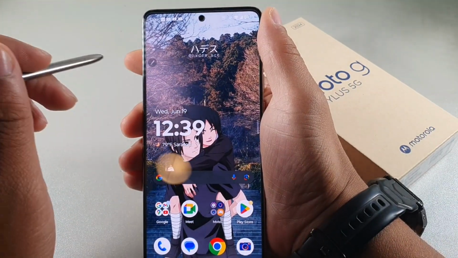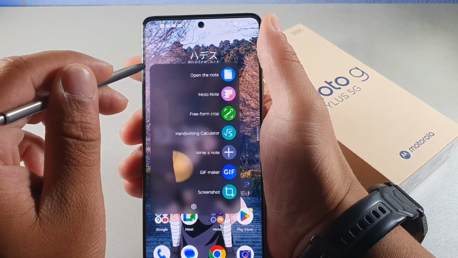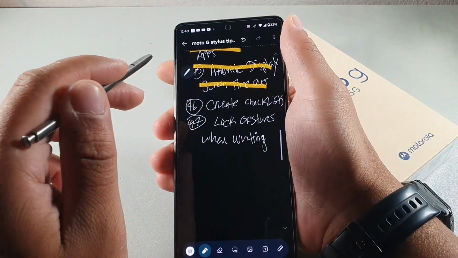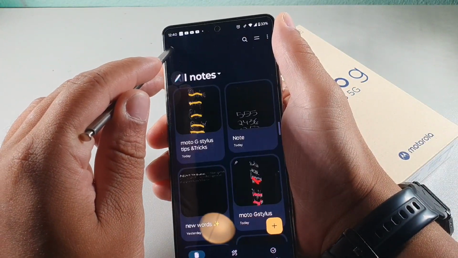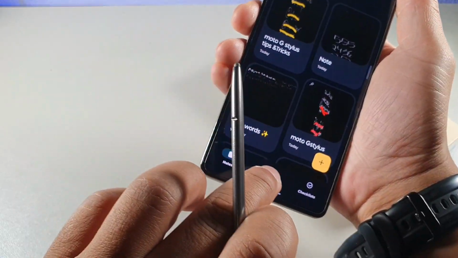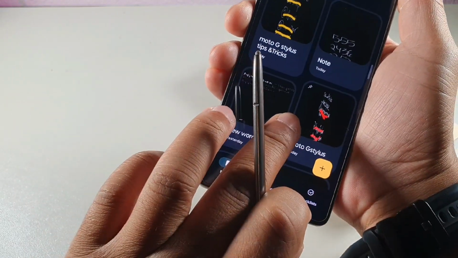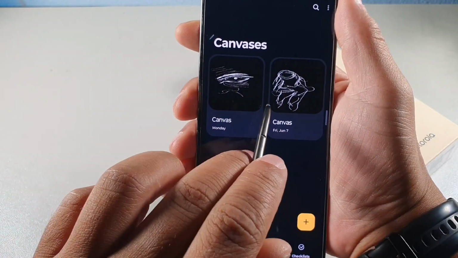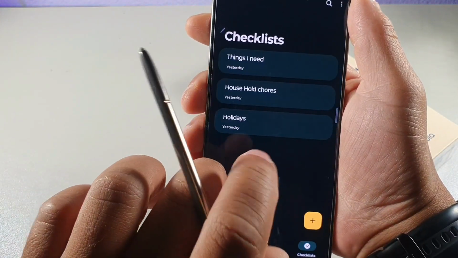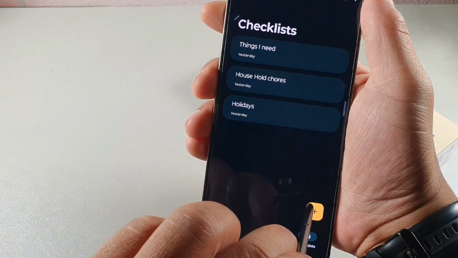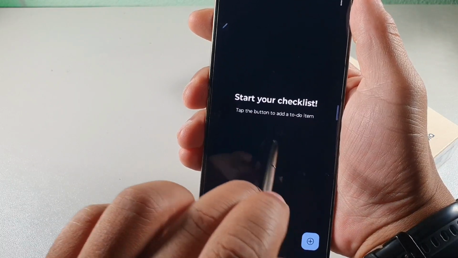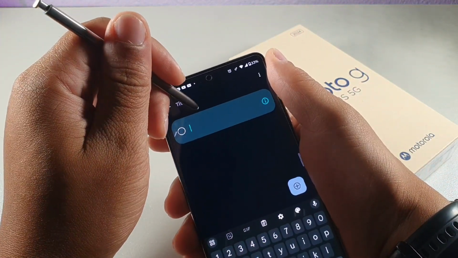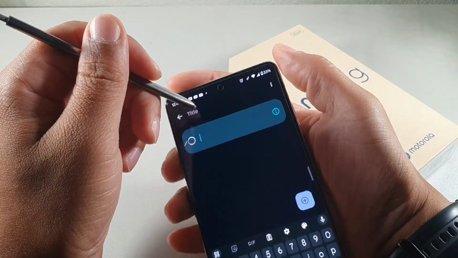One of the features I use a lot is the checklists. So if you go into your notes and you go back, let me see, it's right here, checklist. You could either click that or you could swipe 2 times. You get canvas, which allows you to draw, and then you get checklists, which helps you basically stay organized. So you can start a checklist by drawing here in the box